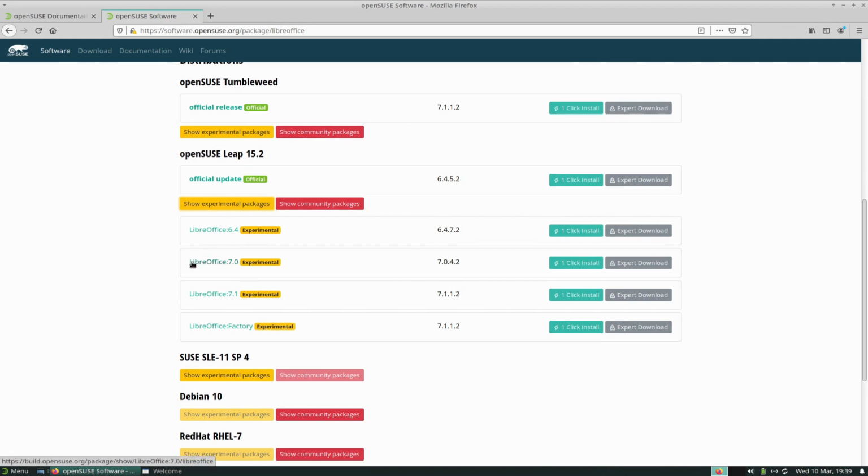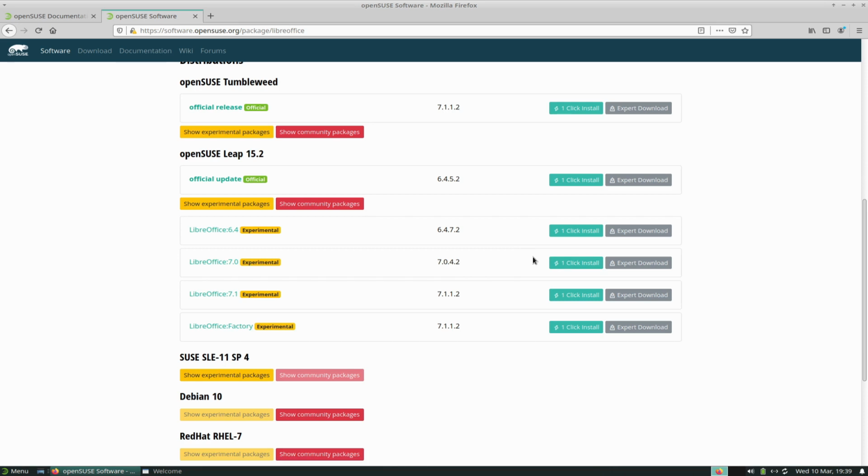And then we can select maybe the version of LibreOffice 7.0.4.2. And we can click on the one-click install here, but I think it's important when you use